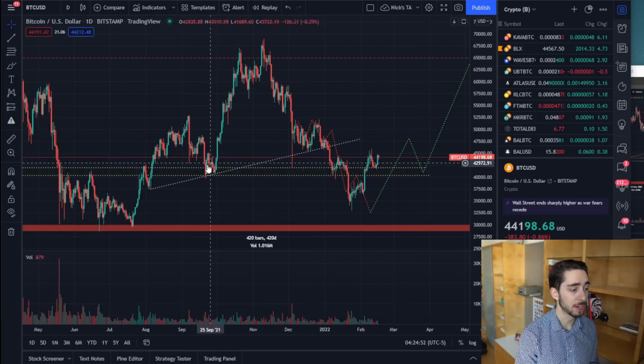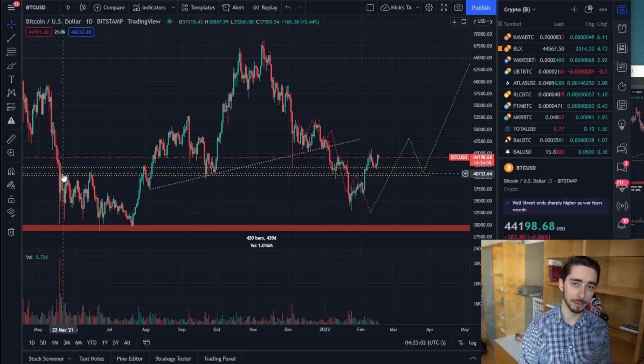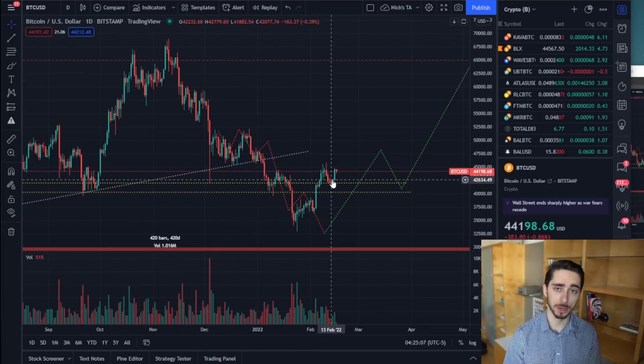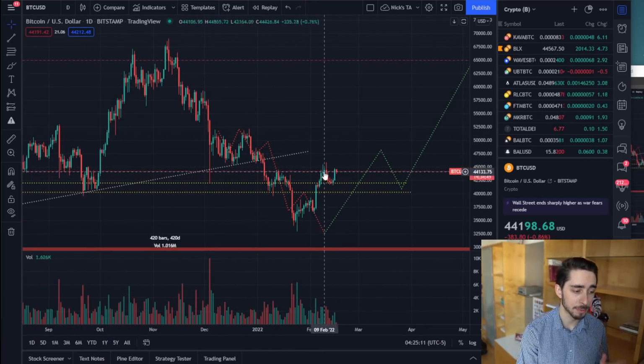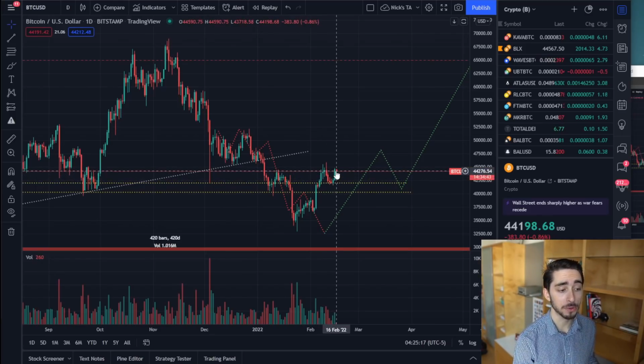This was a range of previous support back here, and it served as previous resistance multiple times throughout May and July when we had the previous correction. And this is really significant. The reason it's significant is that as we got this cool down, which we were talking about the other day, as much as we've had some great days in the sense of price, we needed some kind of fade or pullback, something needed to give so we could set in that higher low. Seeing it on this level and seeing the rebound in price here, nearly 5% over yesterday's 24-hour candle,